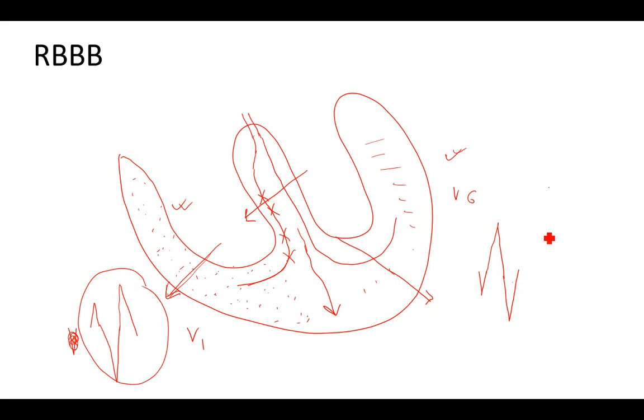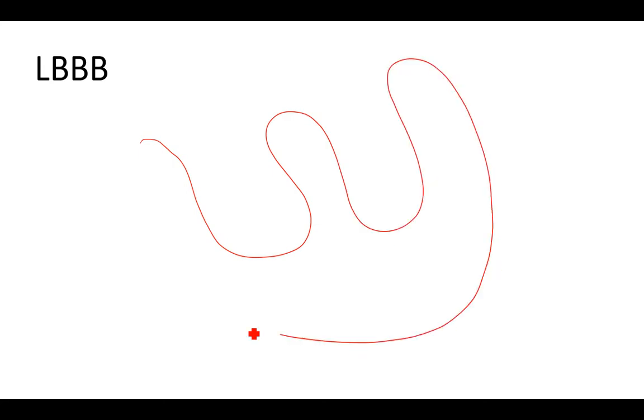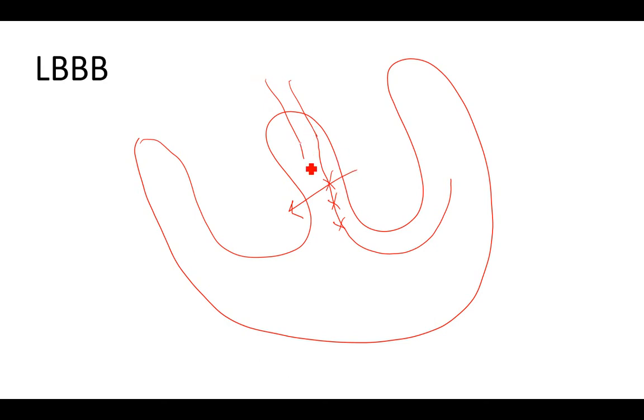In the same way, in left bundle branch block, if you draw the vectors here, there will be problem with the initial vector, because as the left bundle branch is blocked, this left to right will not happen, and instead of this left to right septal vector, the septal vector will be there but it will operate in opposite direction towards V6, so negative deflection in V6 and a positive deflection, negative deflection in V1 and a positive deflection in V6, correct?